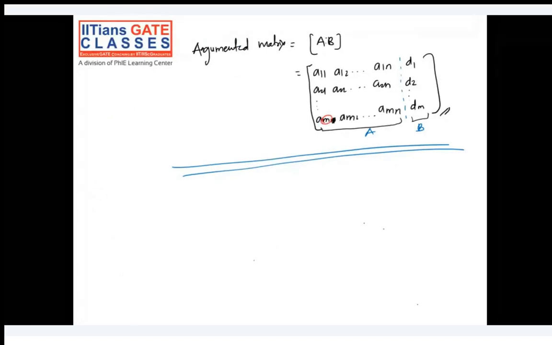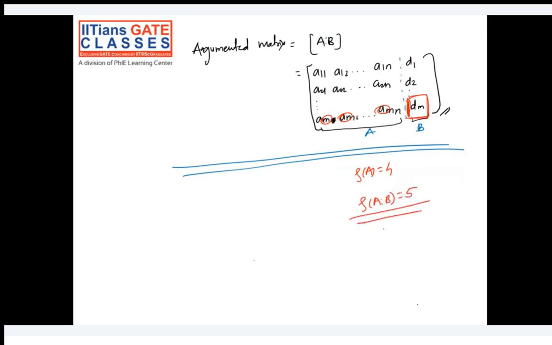Are you following? Rank of A is 4 and rank of AB is 5. So it means you have 4 equations, 5 unknowns, and 5 terms. 1 2 3 4 5, 1 2 3 4 5, 5 terms here, but the equations are 4 itself. Are you following? So if I give you 2 equations,